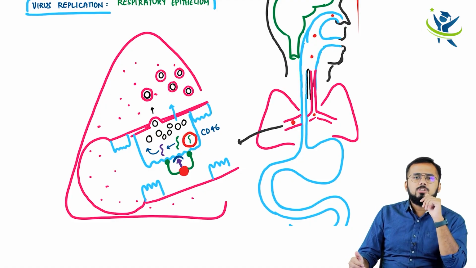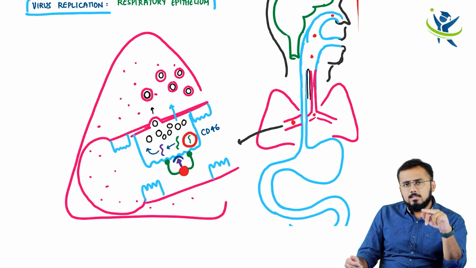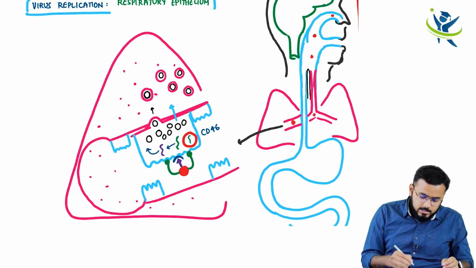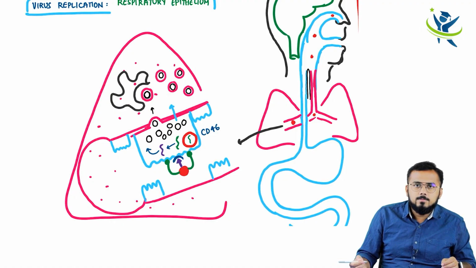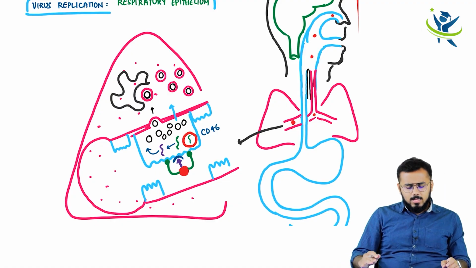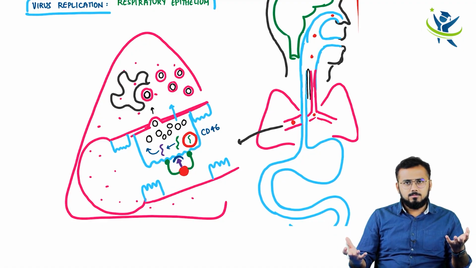Now within the interstitium, you have got two important cells. One are called alveolar macrophages and the other cell is called fibroblasts, right? Look here, these cells which I am drawing here are your alveolar macrophages. And the other group of cells which I am not intending to draw here are called fibroblasts. Why am I not drawing? Because both of them have the same function.